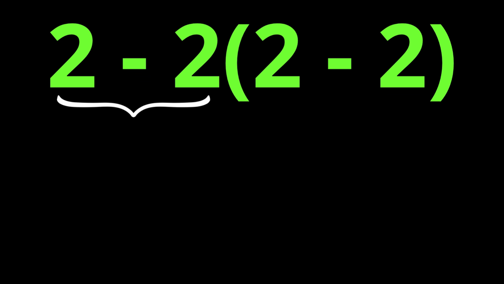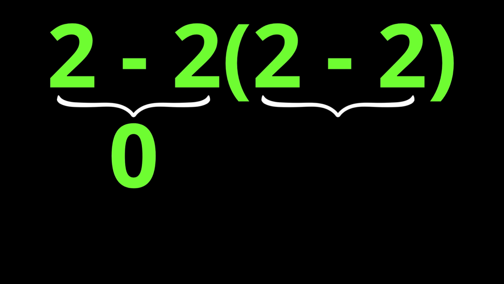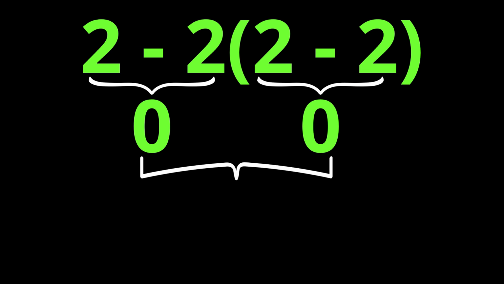2 minus 2 gives us 0. And inside the parentheses, 2 minus 2 gives us 0. In the end, 0 multiplied by 0 gives us the final answer, 0. But this answer is not correct because we did not follow one of the most important rules in mathematics called